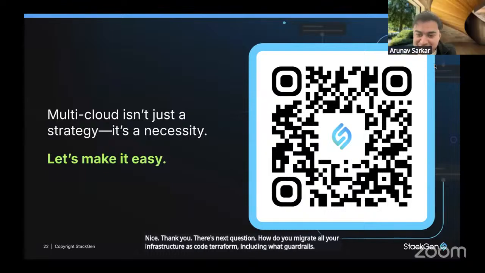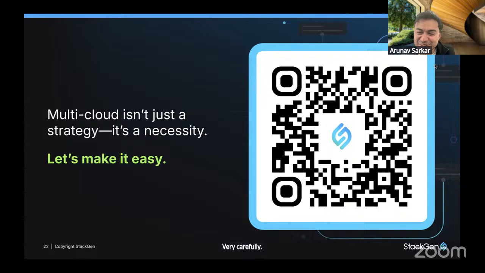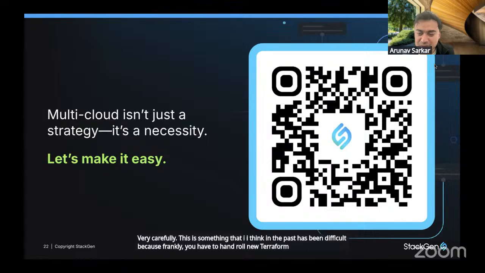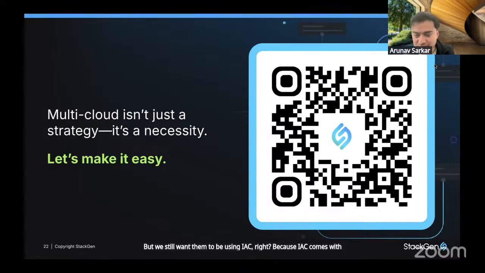Very carefully. This is something that I think in the past has been difficult because you have to hand roll new Terraform when you do a cloud migration. That's one of the things that we're looking to solve. We don't want folks to be hand rolling anything, but we still want them to be using IAC, right? Because IAC comes with a lot of benefits like drift detection, audit trails,